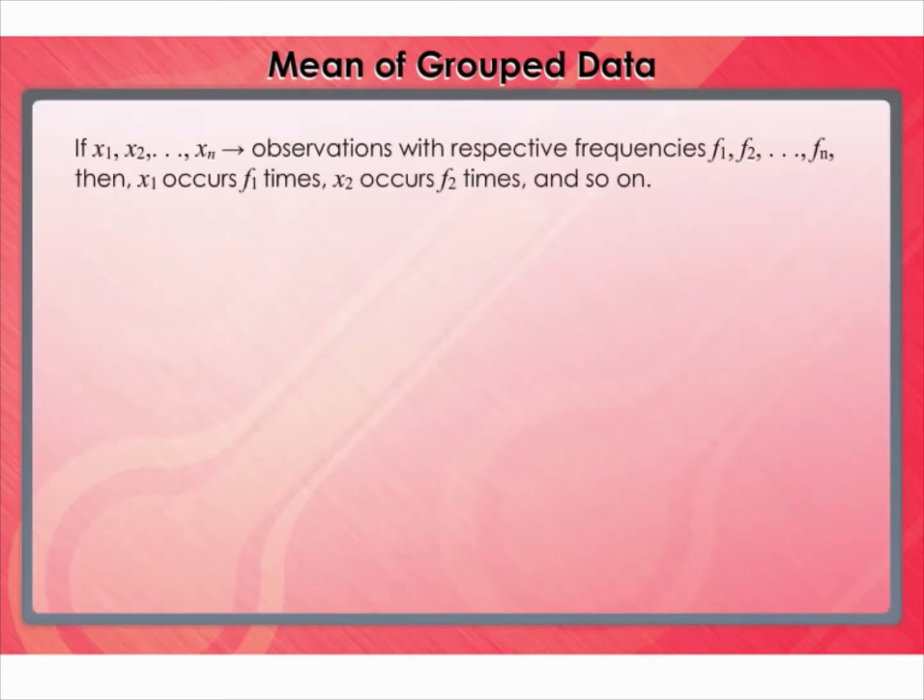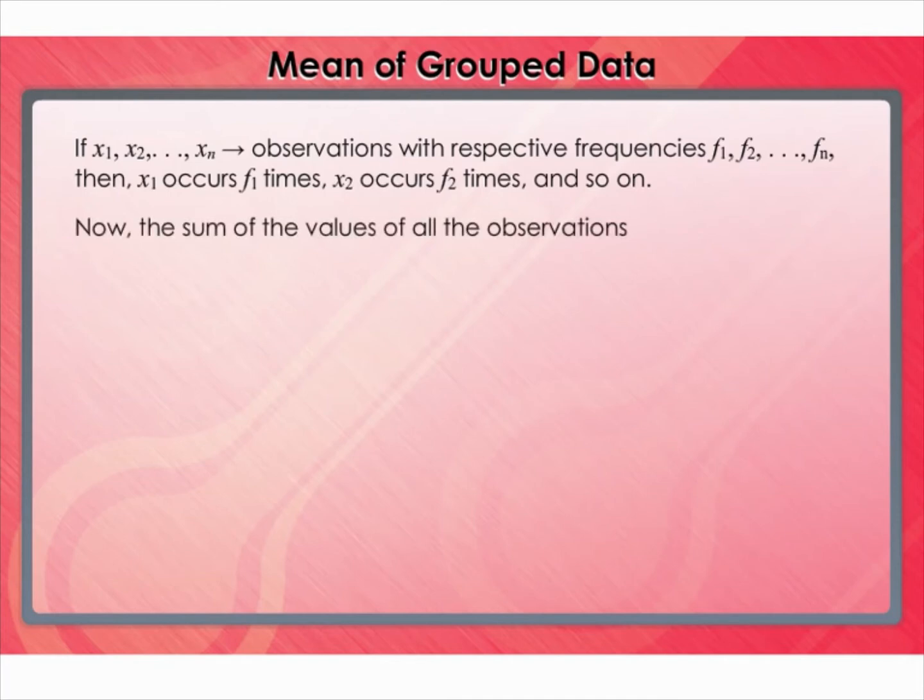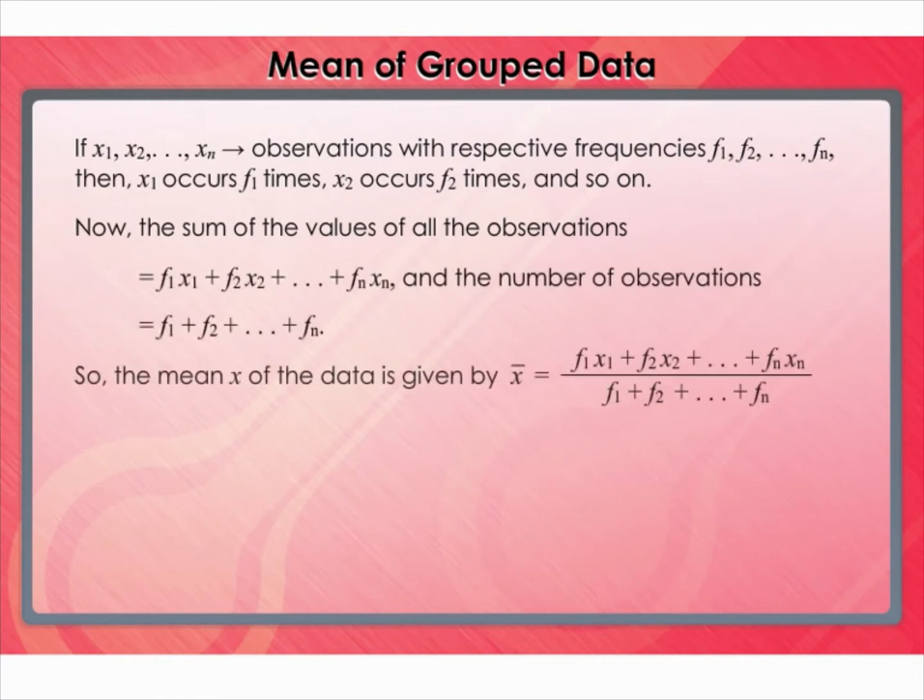Mean of grouped data. If x1, x2, and so on up to xn are observations with respective frequencies f1, f2, and so on up to fn, then x1 occurs f1 times, x2 occurs f2 times, and so on. Now, the sum of the values of all the observations. So, the mean x̄ of the data is given by, in short form, it can be written as